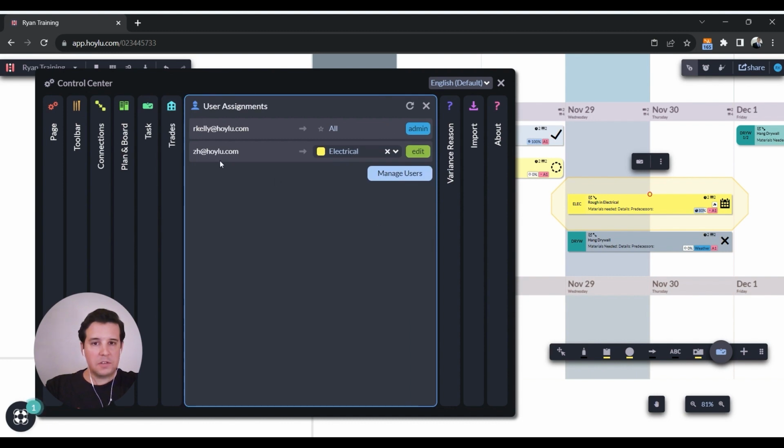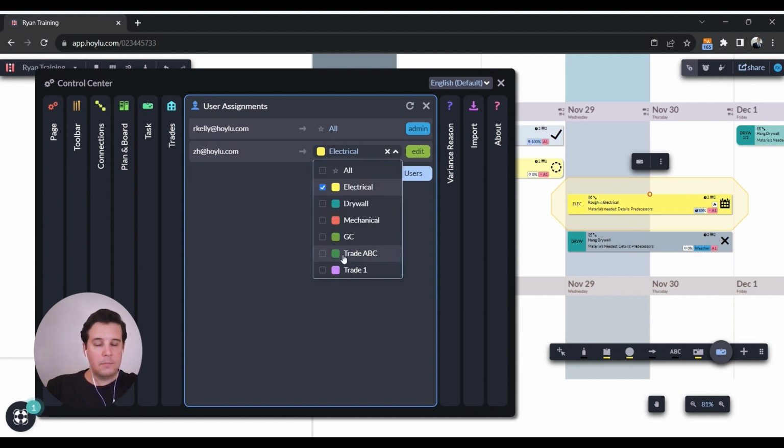We also have user assignments. This is where you can assign specific emails, specific trade roles. So if I added an email here, I could assign my colleague Zach to a specific role. And that would also make it so their email isn't tracked. They're just moving their own tasks. And if they try to move other tasks, that's where they would get yelled at and their email would actually be